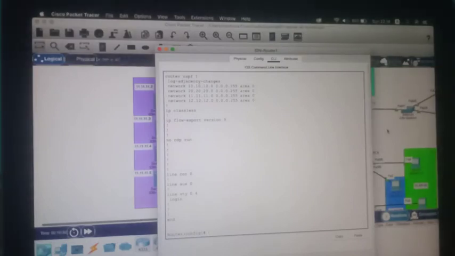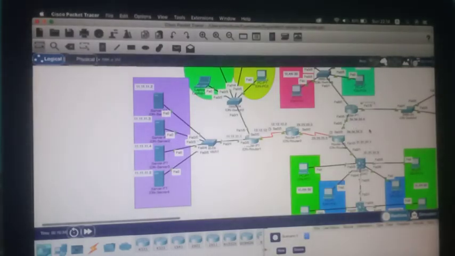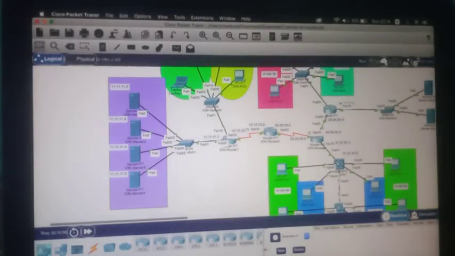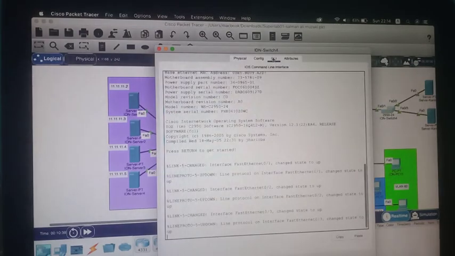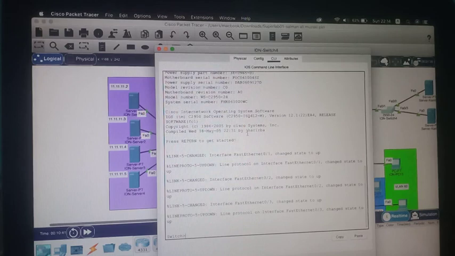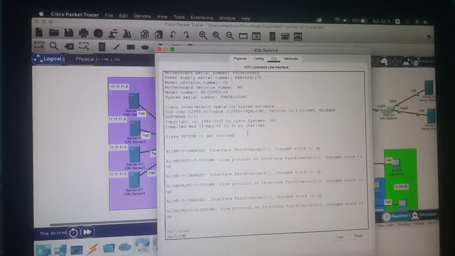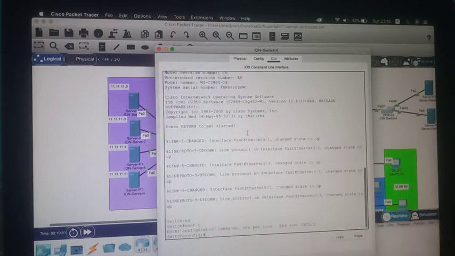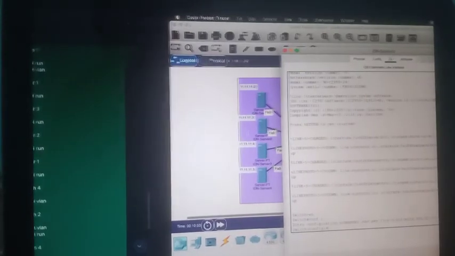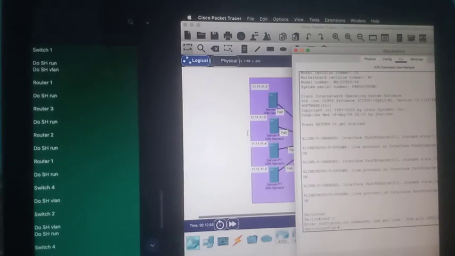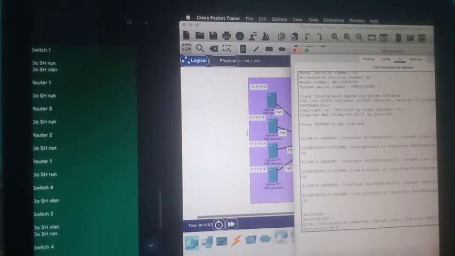Switch 4. Enter and enable, and don't forget to configure terminal, and we can type do show VLAN.